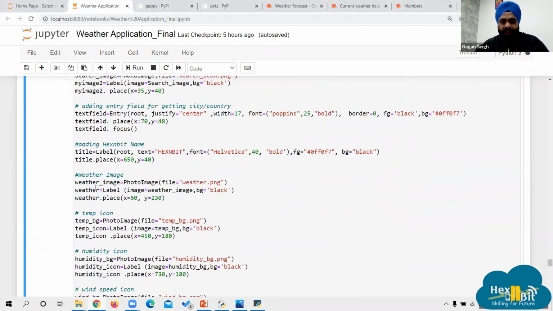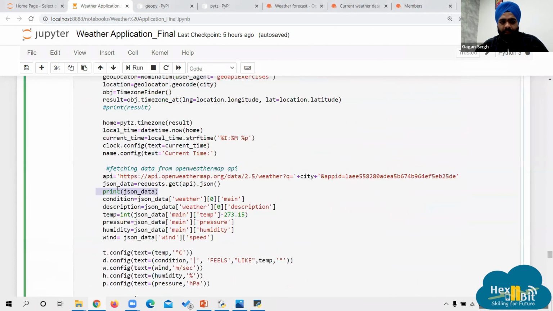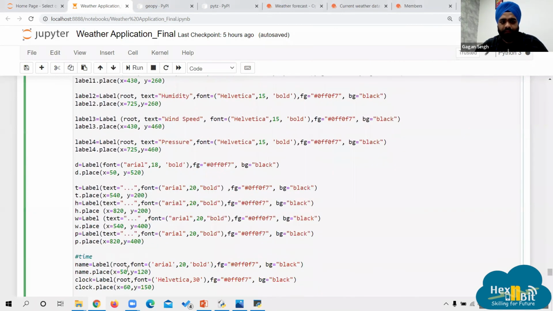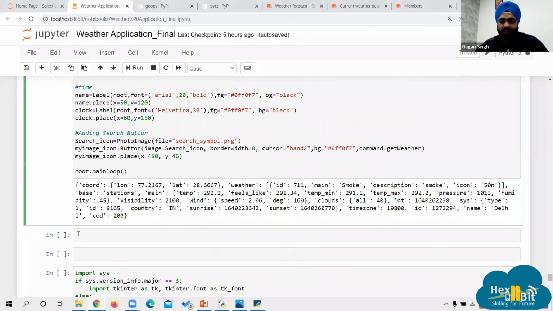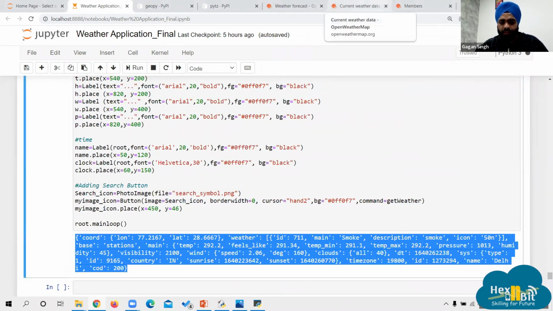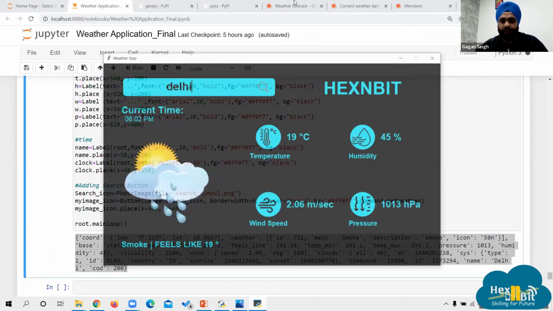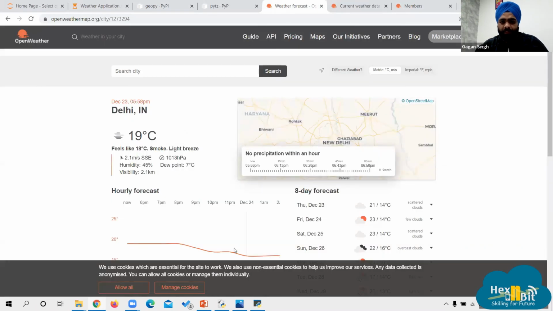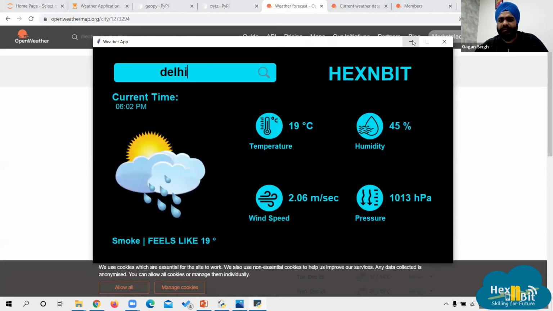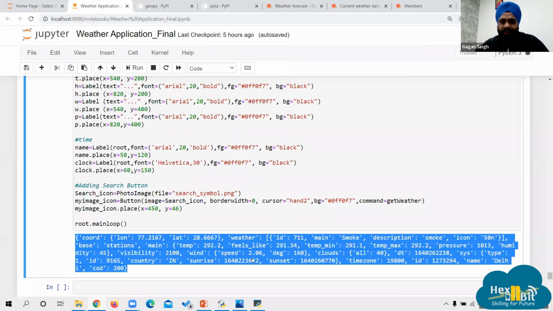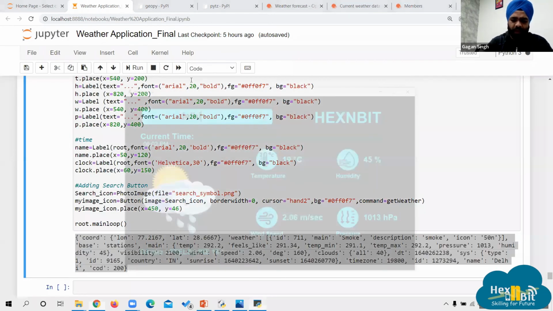Because I am printing the JSON data, it is printing this data out here. This data is similar to what we have here. Visibility is something I am not printing, but if you want, you can print it. There is a lot of information you can get from this API. Similarly, you can search for any other city also.